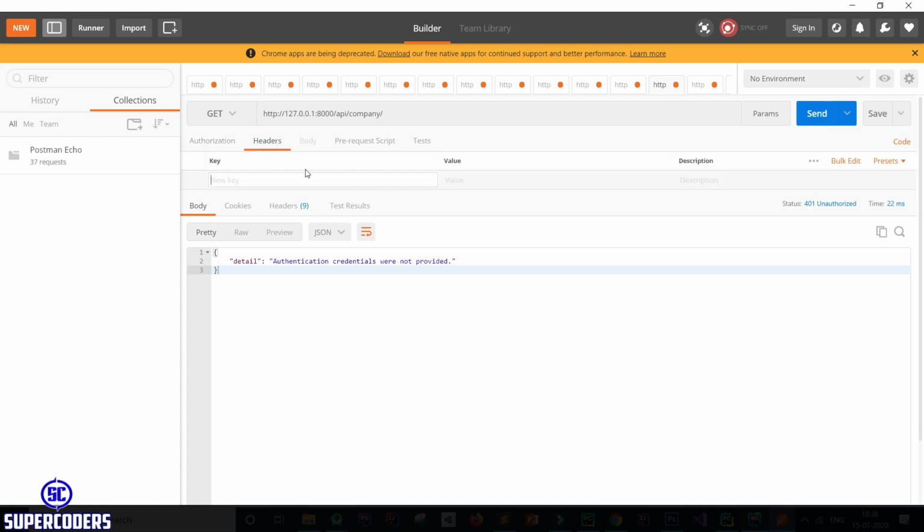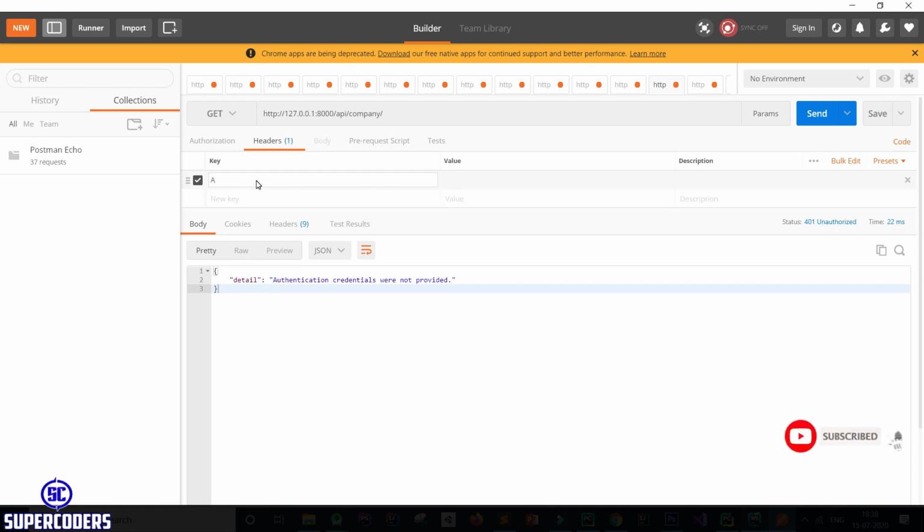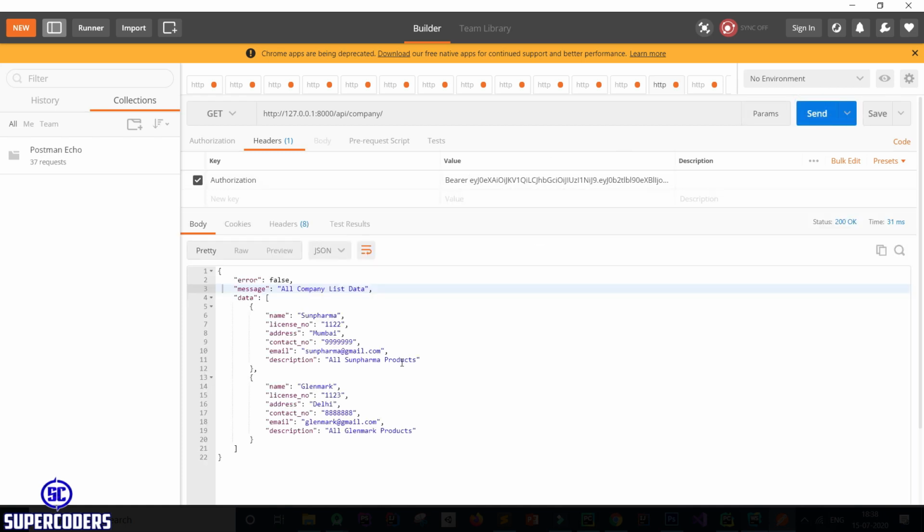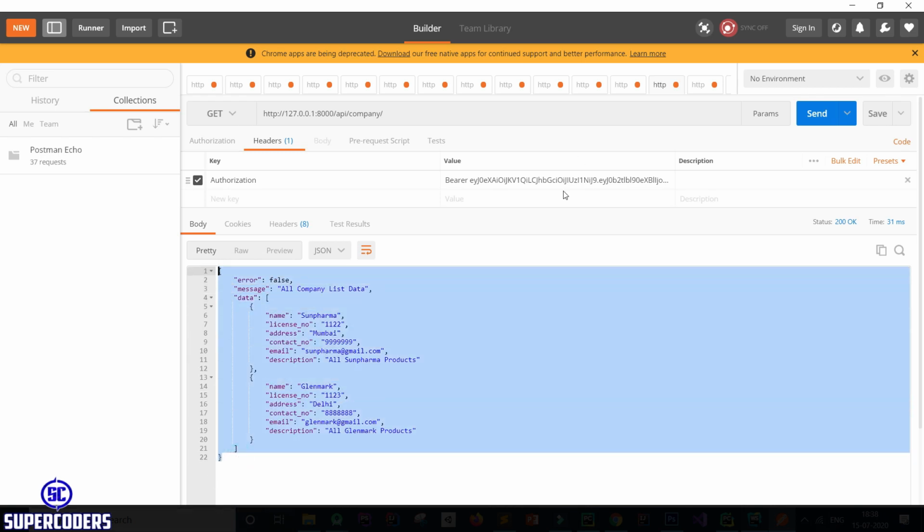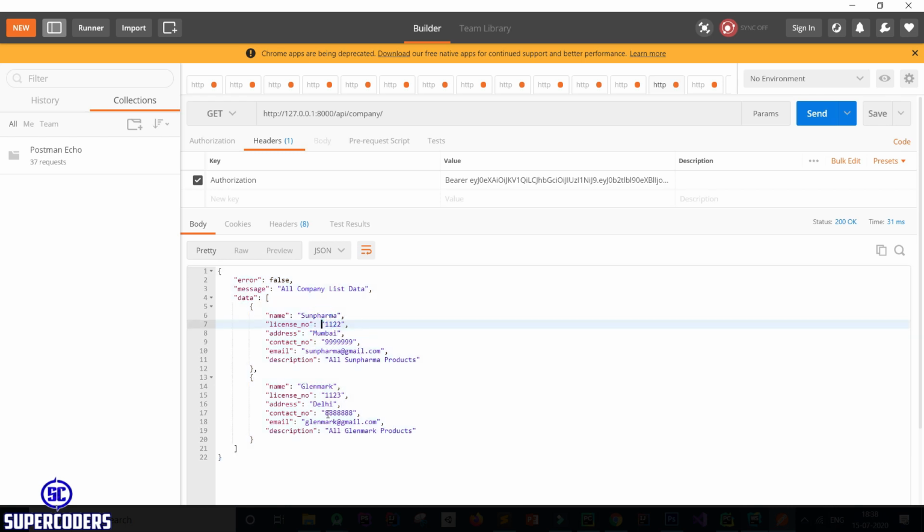Come back to header and add Authorization, Bearer, space, paste the token, and send. So you can see I successfully accessed all my data after login. You can see this is my login token which I passed in the header and successfully accessed all my data. So in this way you can protect your API endpoint from access without login.